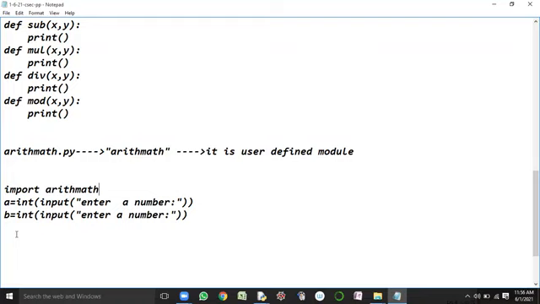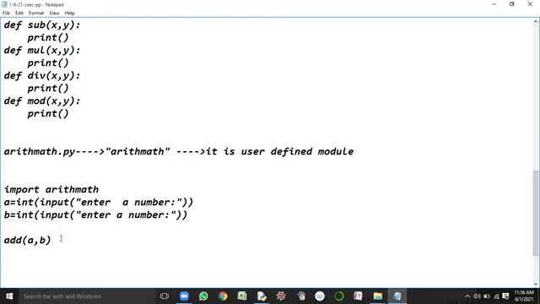So to call the add functionality, can I write the add function directly, like add of a comma b? No, sir.